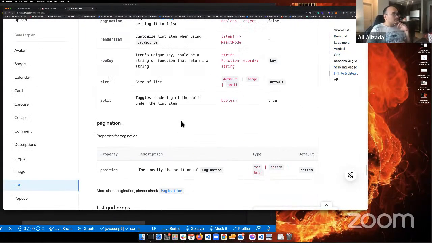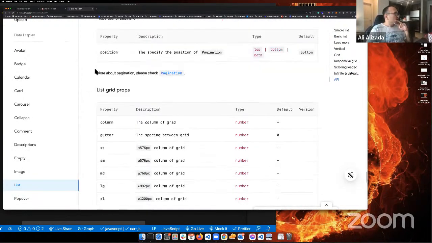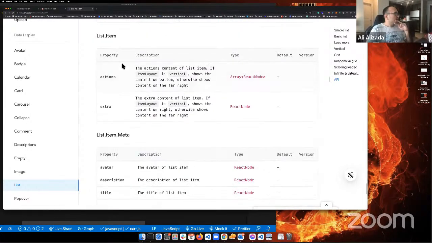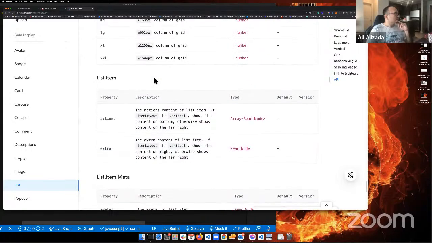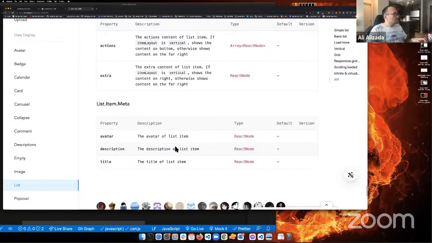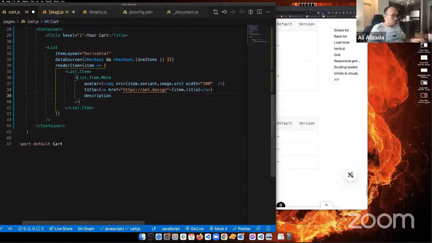If I go to the API, list group, list item meta accepts title, description, avatar. Description is React Node. Okay. So it means I can pass it here and then say